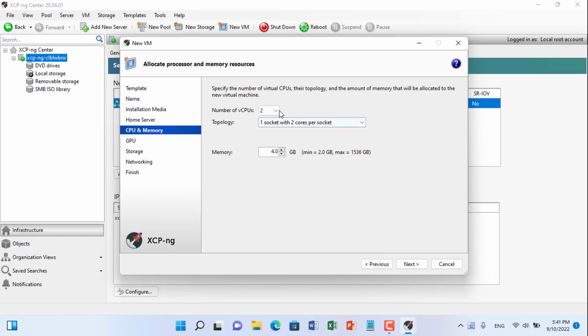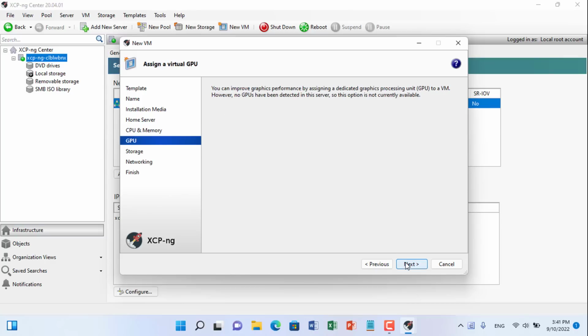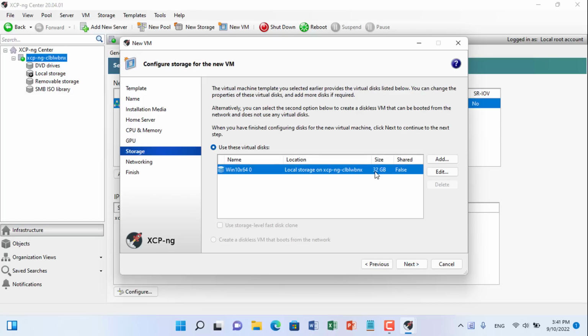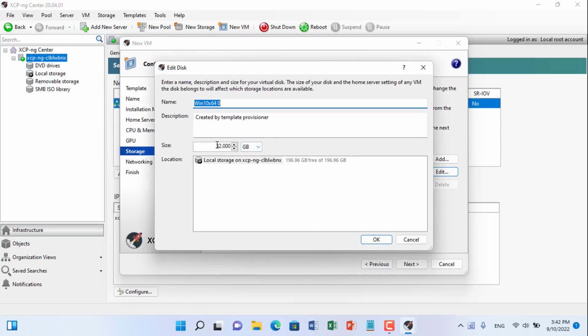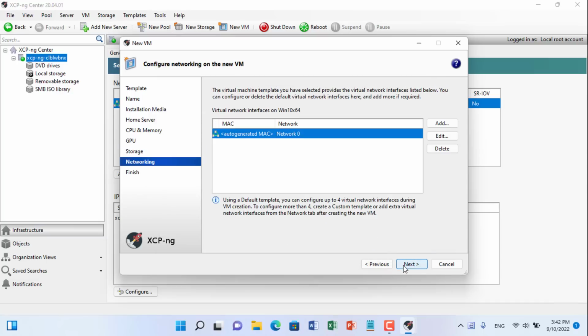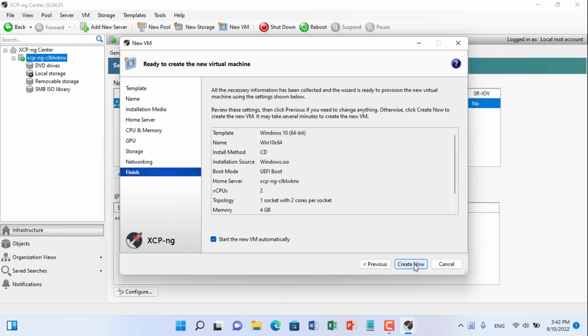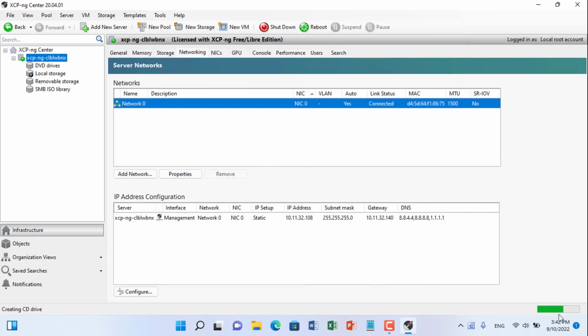You set the processor, RAM, hard drive size and network configuration. The settings are similar to other hypervisors like VMware, VirtualBox. New Windows virtuals have been created.